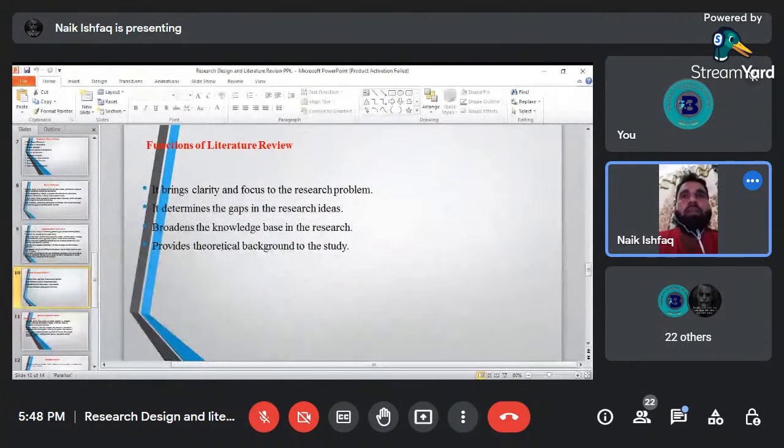And another thing is the sources of the literature review. When we talk about the sources of the literature review, there are two types of sources: the primary source and the secondary source of the literature. A primary source is when a researcher has worked on primary data. For example, there is a